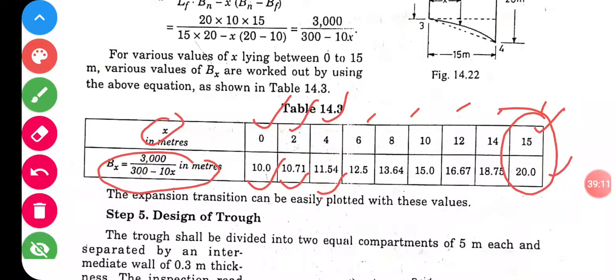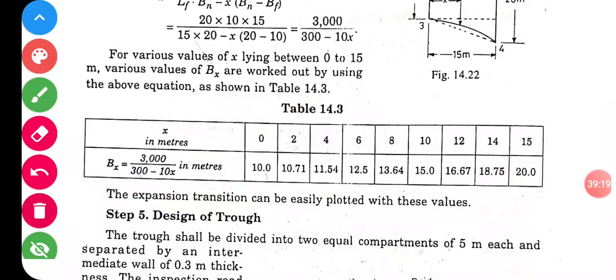So it is stereotype work, once again I am telling you, only one formula, go on putting in the values, calculating and tabulating. Up to this, in fact, if you do it, it is enough. Actually design is required up to this end, okay. I have put a line over here. Up to this it is very important. If you solve up to this, it is enough and you will get full marks.